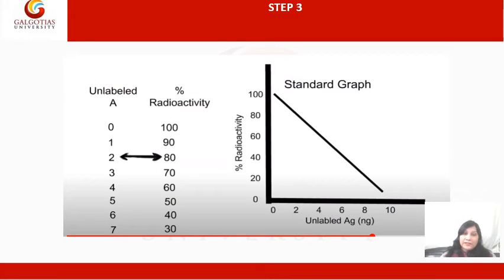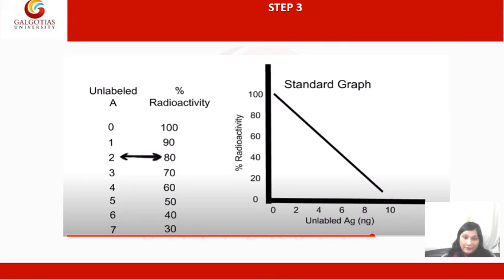Now we will perform the same exercise again, but in this step we will add a 2 microgram per milliliter solution to a microtiter plate of 100% radioactivity. In the previous step, I used a 1 microgram per milliliter concentration. Now we are going to use a 2 microgram per milliliter concentration of antigen on the microtiter plate of 100% activity.